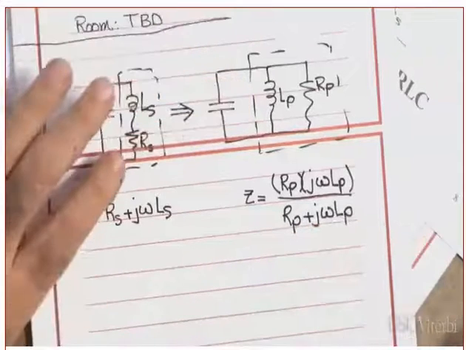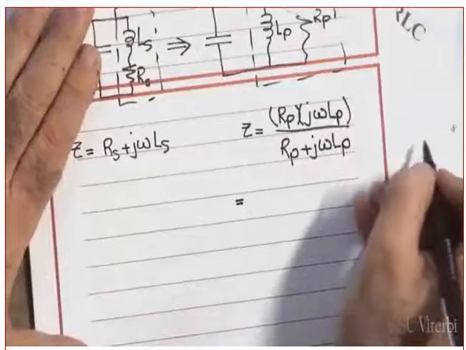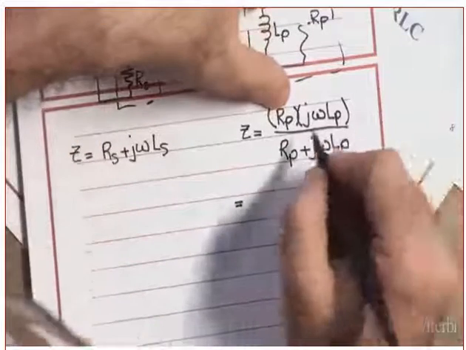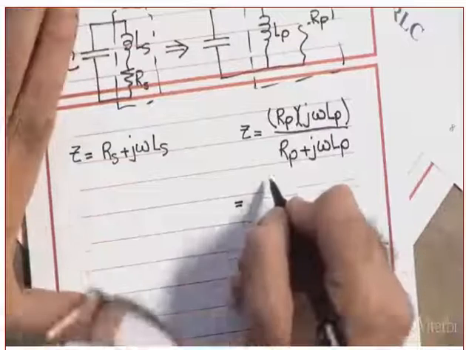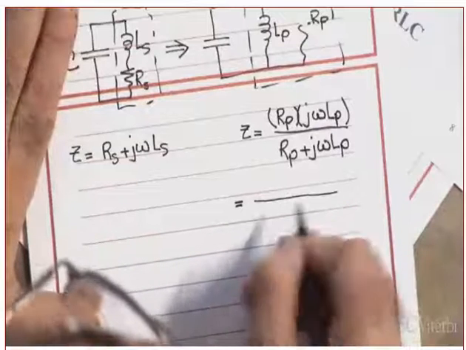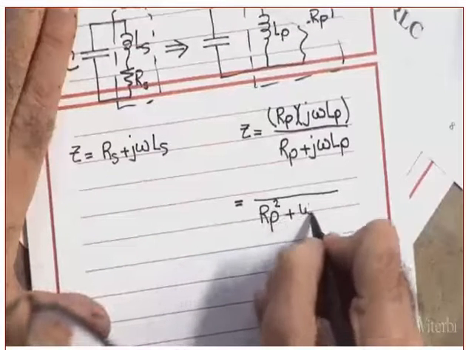Do we agree? Okay, and that's equal to what? Can I multiply by the conjugate, divide by the conjugate? So what do I get? RP squared plus